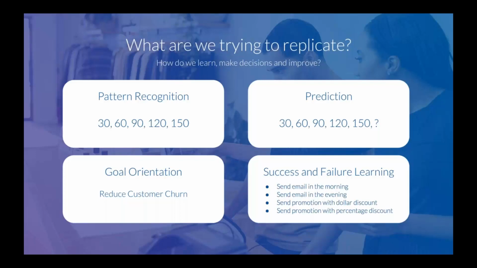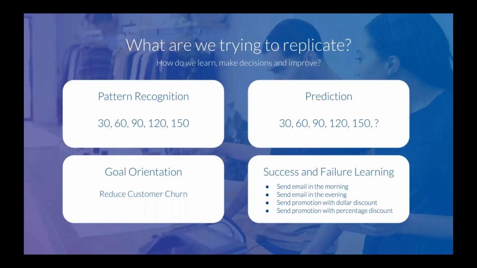So, step one is going to be pattern recognition. If we capture a bunch of data points on when a shopper makes a purchase, we can plot that information and start to recognize the average length of time between the purchases. In this case, we see that the shopper makes a purchase every 30 days. This is going to be the first pattern.